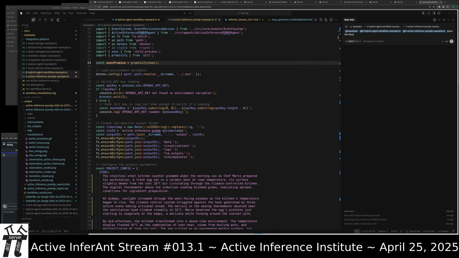Given the functionalities of these two, let's just focus on the LLM orchestration of this example.